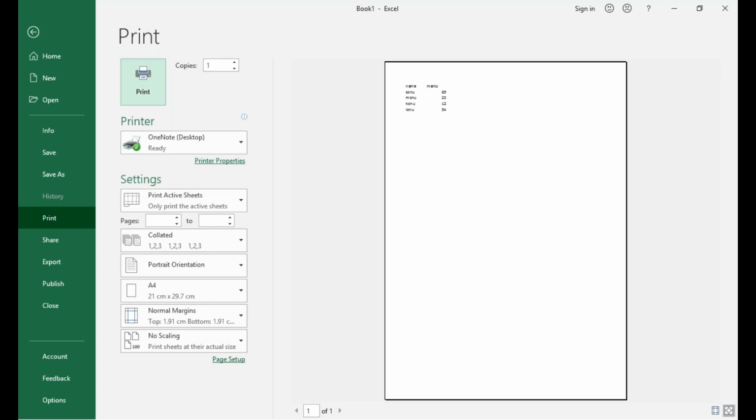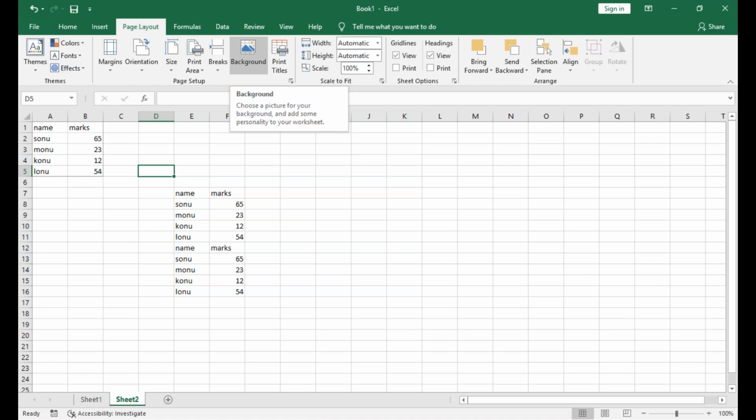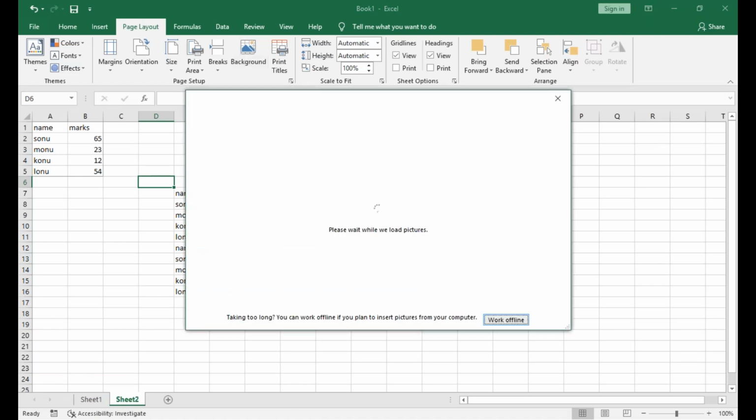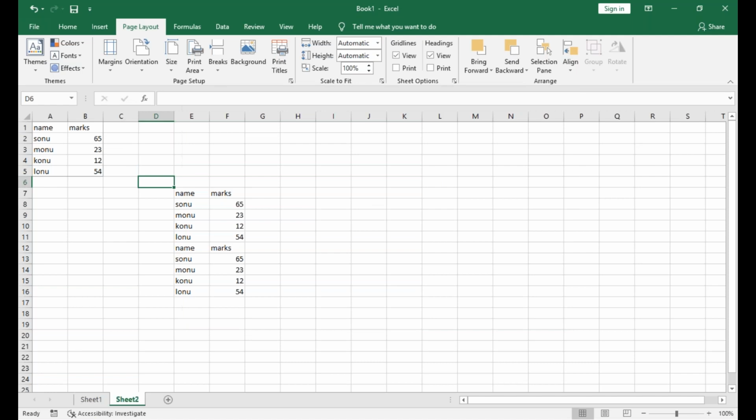Okay. Now, if I set this into a print area,